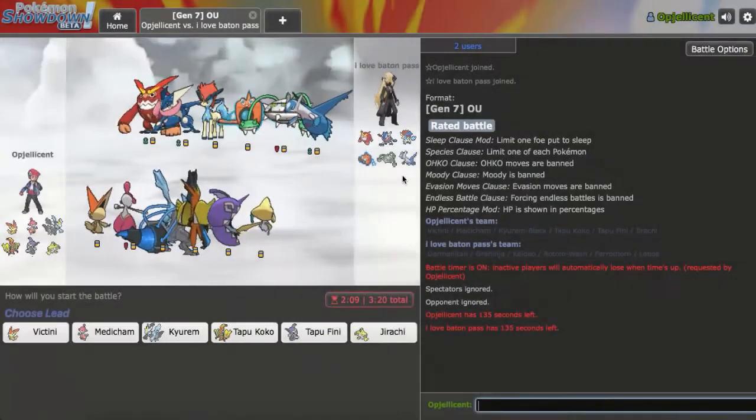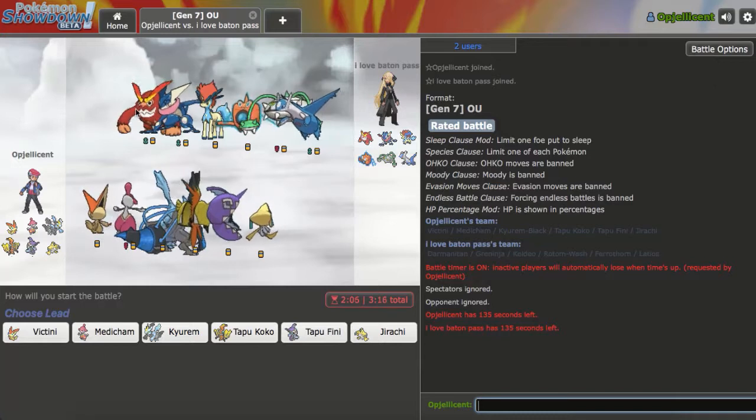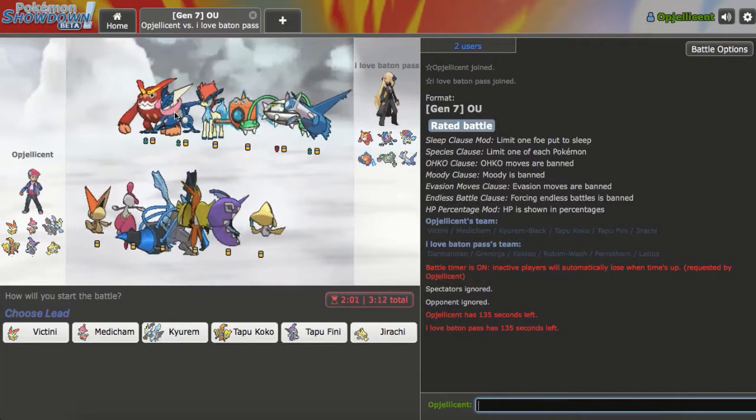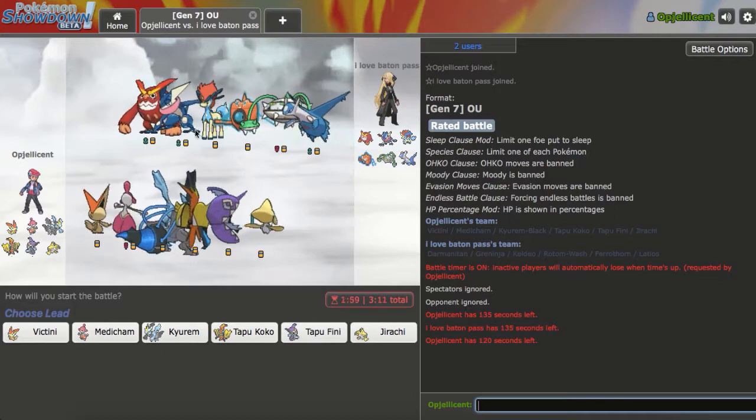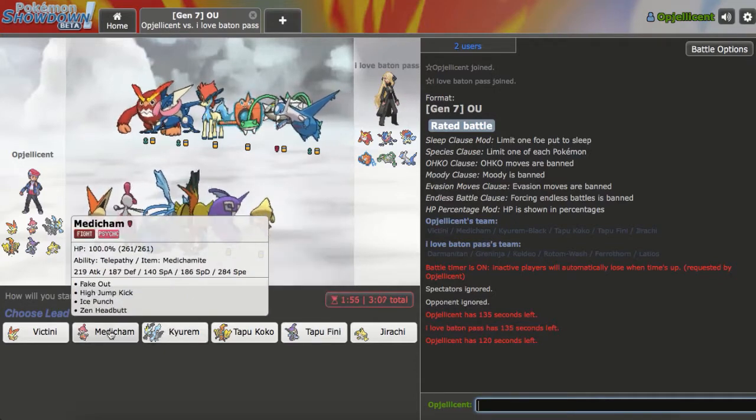Alright, we got our first match right here. It's up against a pretty cool Darmanitan squad. It's probably like Scarf Darmanitan plus defensive Rotom Wash to bring in stuff like the heavy water types right here with the Keldeo plus Greninja, but Life Orb Kyurem-Black completely bros this guy back along with our Medicham, so I'm